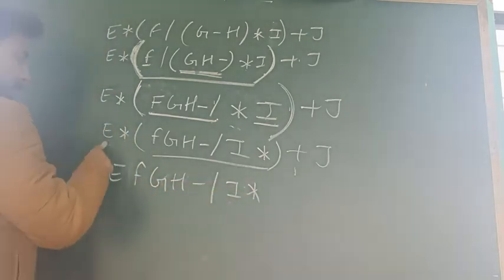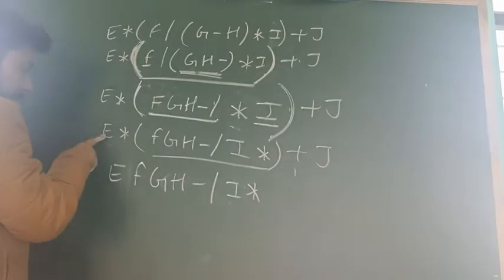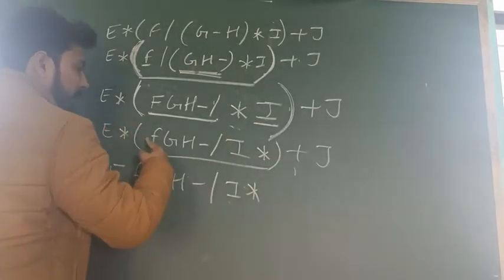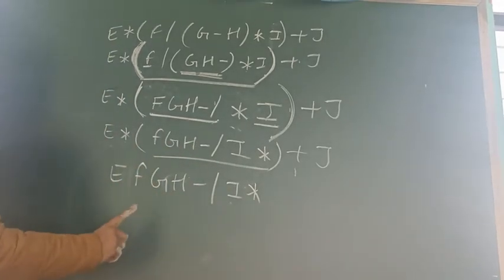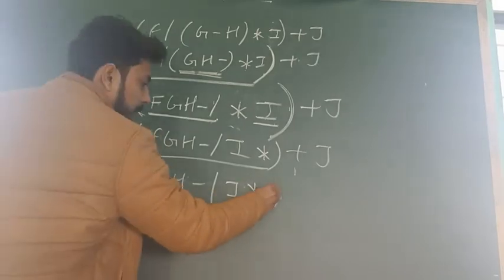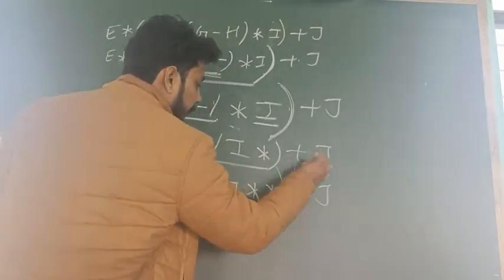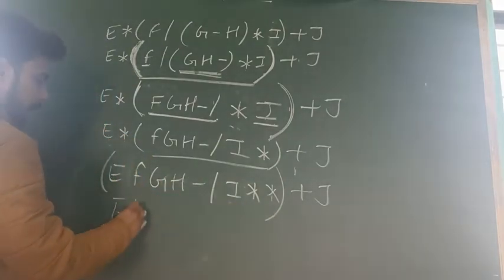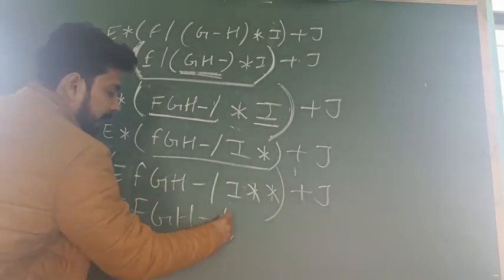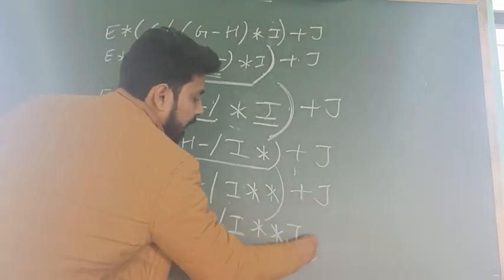Okay? One expression is this, second expression is this, and this is only one expression. Remember, I said this is the first expression. This is one expression means this completely is now a single expression. We will treat it so. So into. After that this into will come. Now this will become the complete single expression plus J. Now solve it. E F G H minus slash I into then your J then plus.